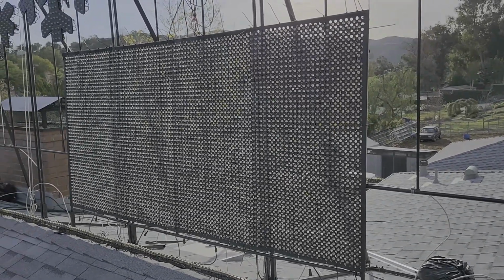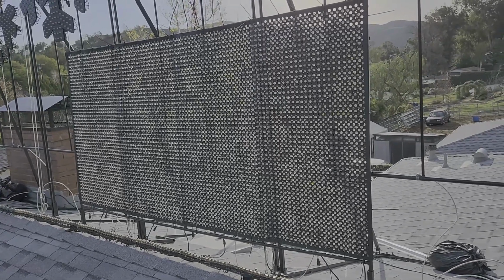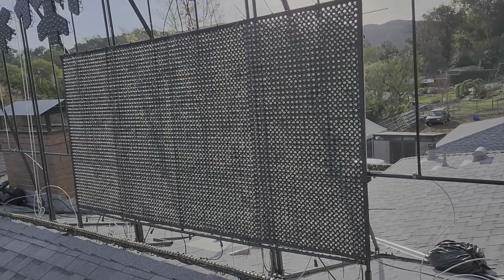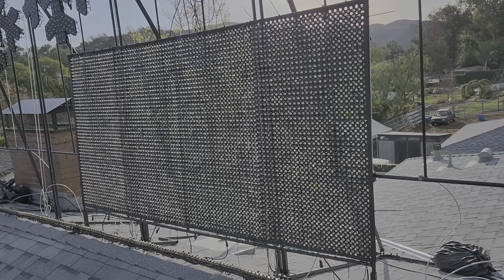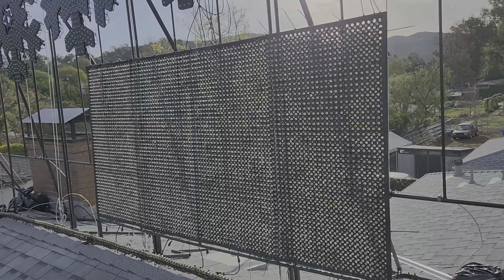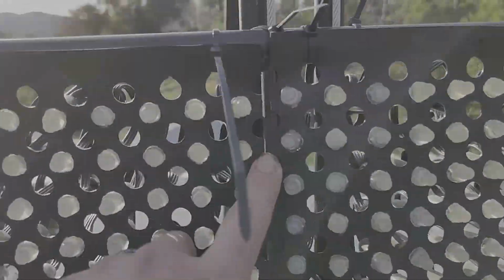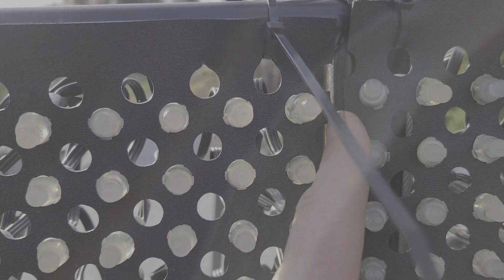But in order to accomplish that and ensure that I could bring it up on the roof, I went ahead and left it as 1 piece on the ground and then added sections that I'll show you here in a minute that are ribs that allowed for me to bring this up, set it into its place, and have it naturally come back together. If you can see here where it's split, you'll notice behind it is a 1/2 inch